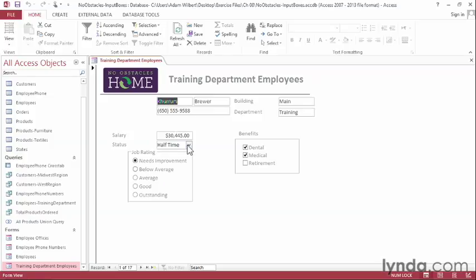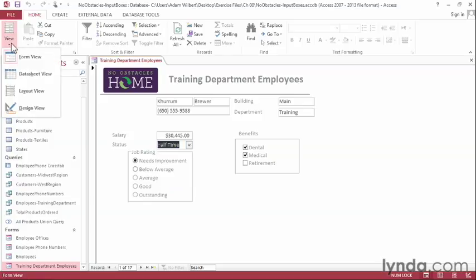Notice that the status field is a combo box though. It has a drop-down list attached to it. That's because we've previously defined that field in the table as a lookup field. We can get the same effect for other fields here on our form without going all the way back and editing our table. I'm going to switch into Design View by clicking on the bottom half of the View button